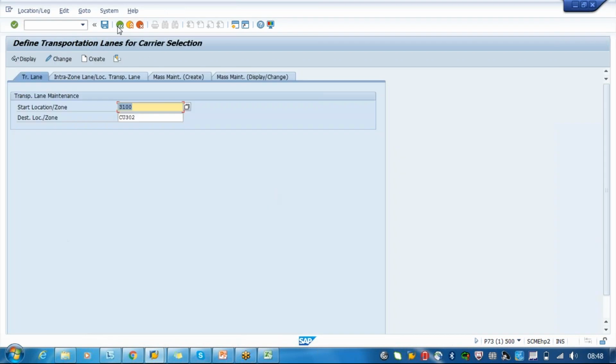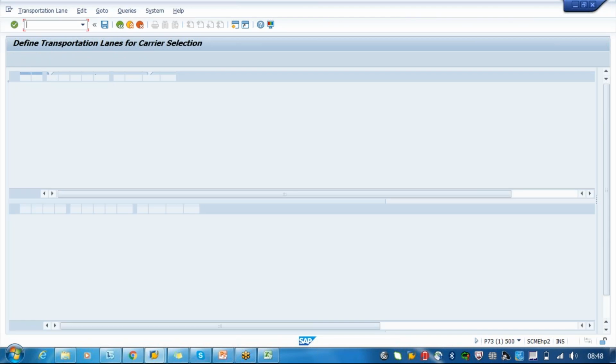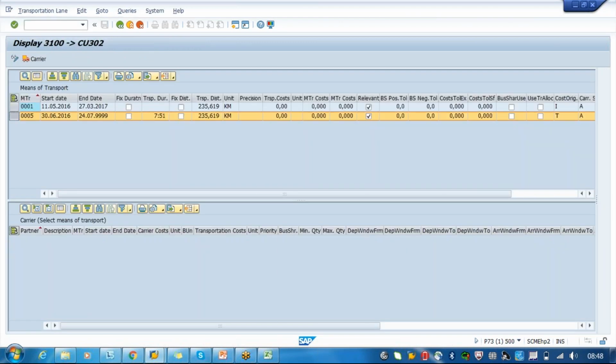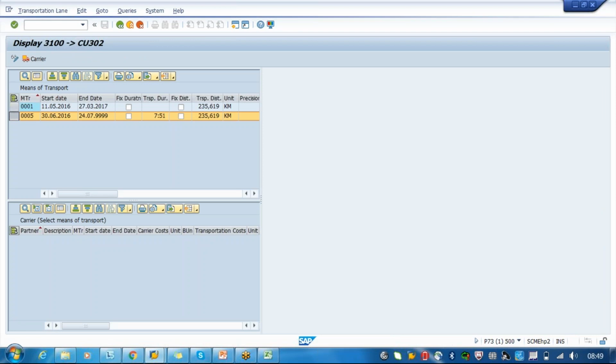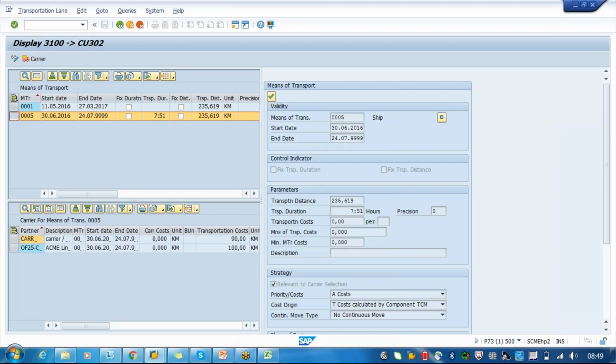We are selecting cost plus priority. Then during the carrier selection, that creation is not there. Suppose in the means of transport we have defined based on cost plus priority.